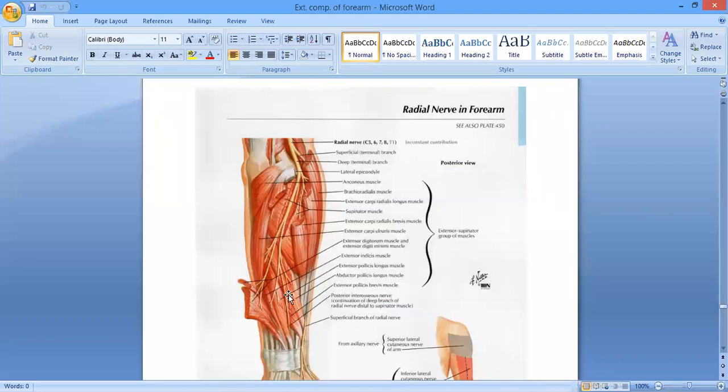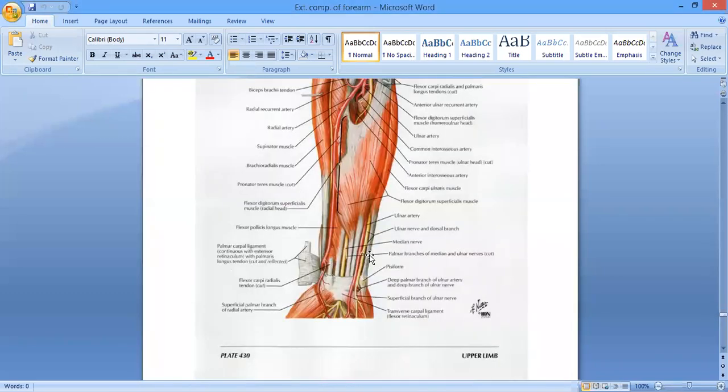Is it clear? And the articular branches of this nerve are going to supply the wrist joint, distal radioulnar joint, and the intercarpal or the metacarpal joints. It is going to give sensory branches to the interosseous membrane, radius, and the ulna, right? Okay, ji. So we are finished with the nerve. Now we'll talk about the artery.